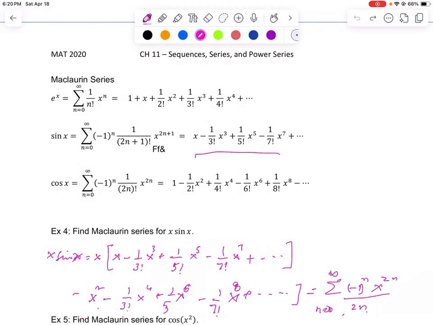The change is not coming in the factorial. The change is coming in the power of x. Now we check: remember the power of x was 2n plus 1. We are bringing in one more x, so it should be 2n plus 2,